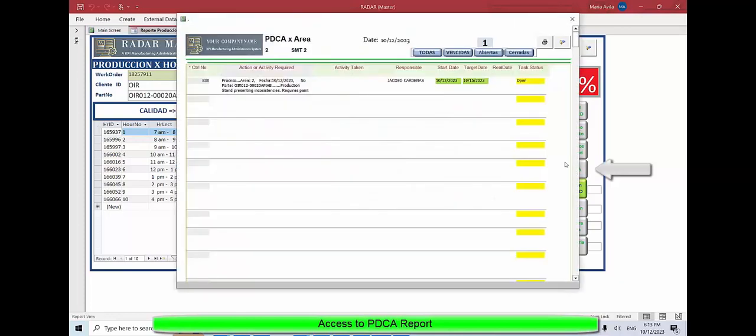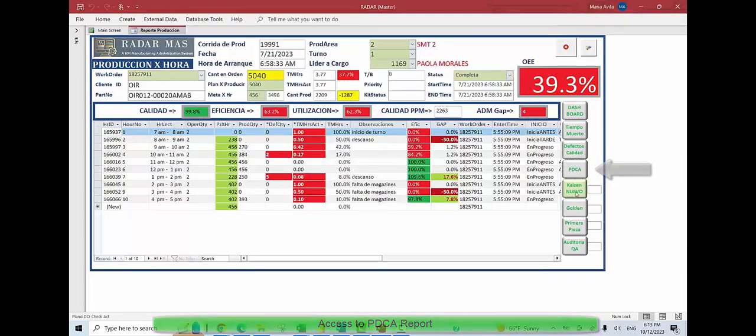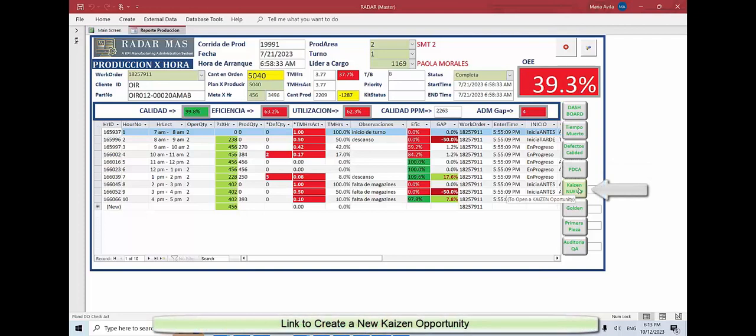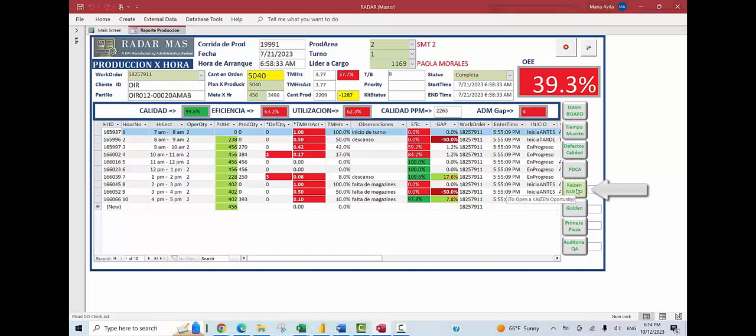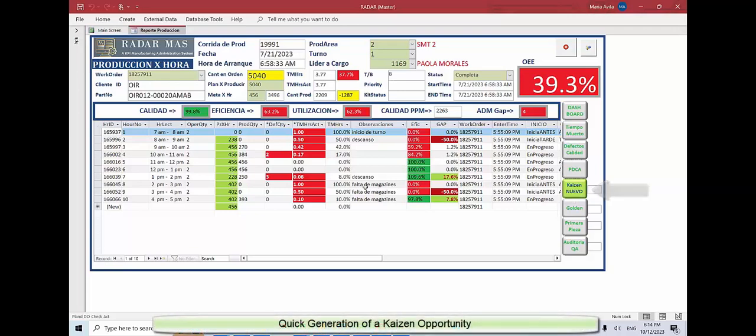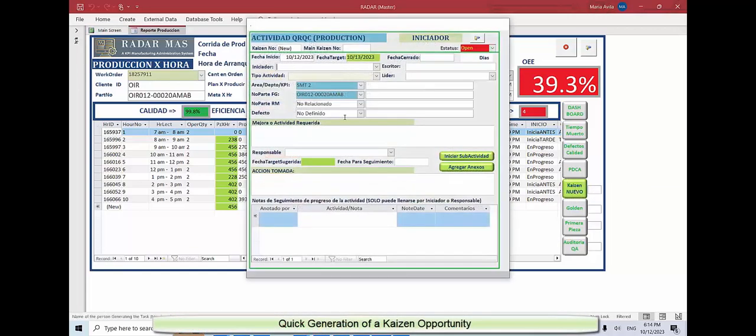Quick access to the PCDA in case there are open items. And in case there is a need to create a new Kaizen opportunity based on the production run inconsistencies or issues that we have found, let's create a quick one, okay? And as you can see here, it is already pre-filled for our best convenience, okay? It already has the SMT line and the production number that we are running right now, and it's a matter of populating here the required activity that we are